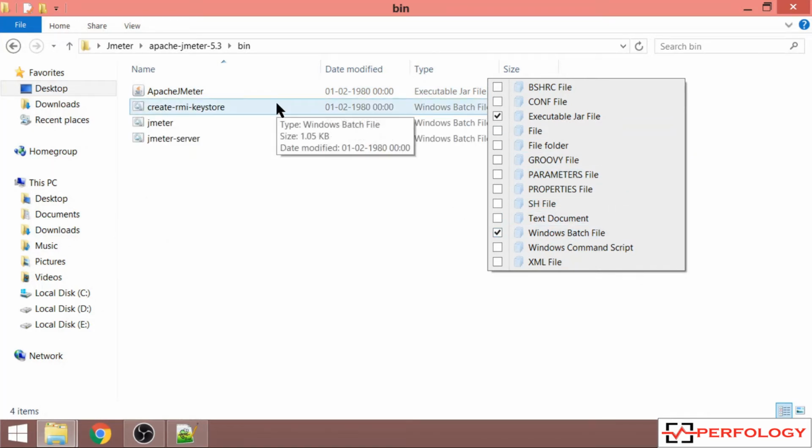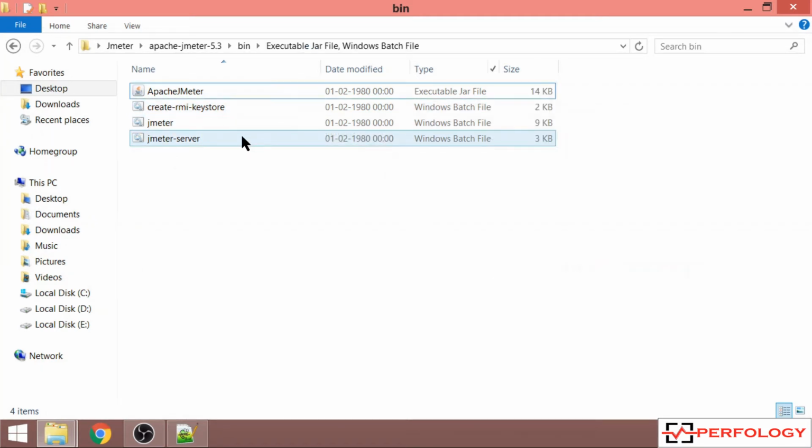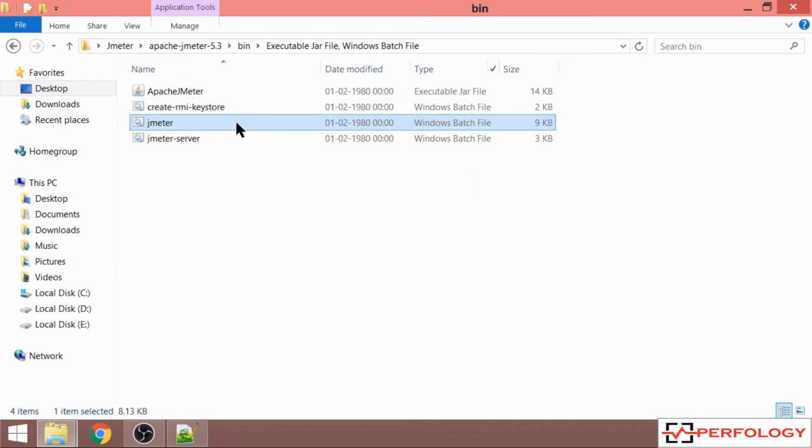In these bat files, create RMI key store and JMeter server.bat are the two files used for doing distributed testing in JMeter using the master slave concept. And jmeter.bat file is again used to launch JMeter. According to the best practices of JMeter, it is recommended that you launch JMeter through jmeter.bat file.